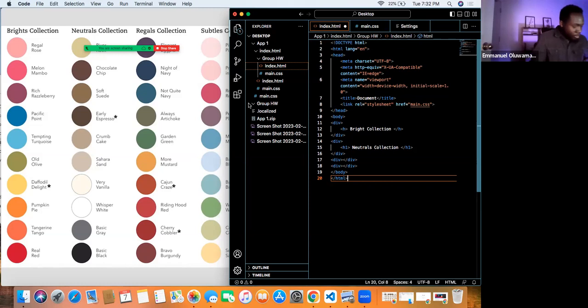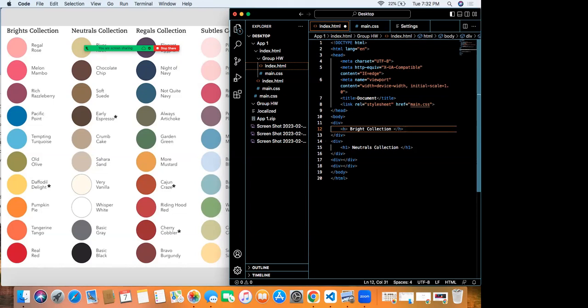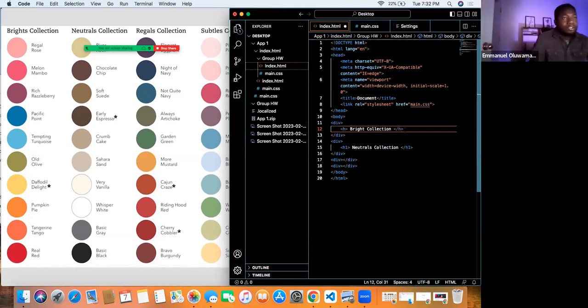Right. Okay. Let me do a little correction before you paste that. We have H1 at the end with a closing tag. So this one should also be H1, right? I see both. Yeah, with a closing tag.